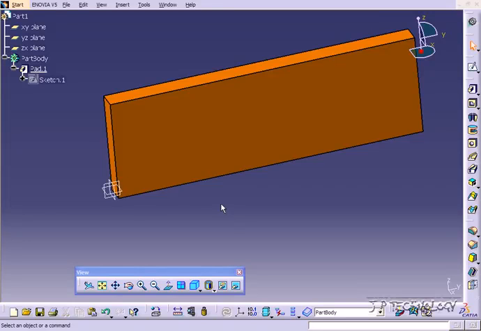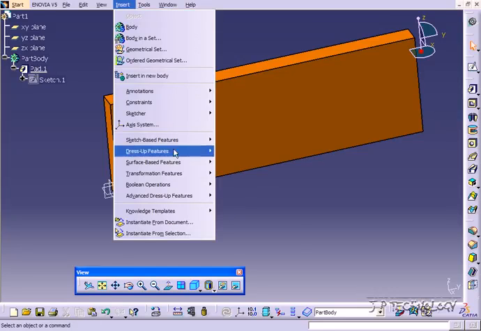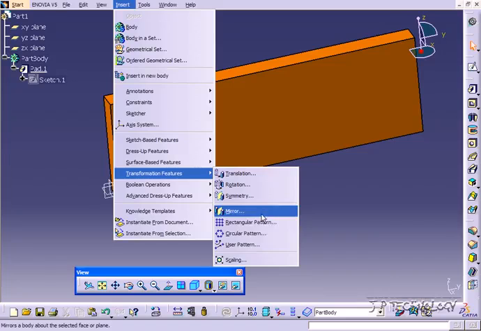This is tutorial number 71, and it covers how to use the rectangular pattern feature within CATIA V5. To start off, open up tutorial part number 71, which is located on the DVD. Now to find the rectangular pattern feature, click Insert, click Transformation Features, click Rectangular